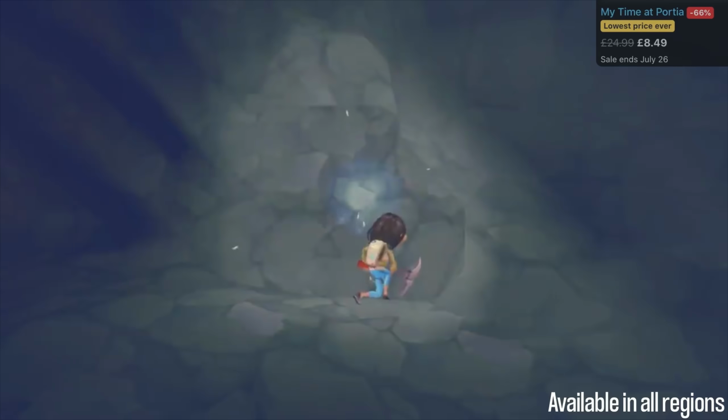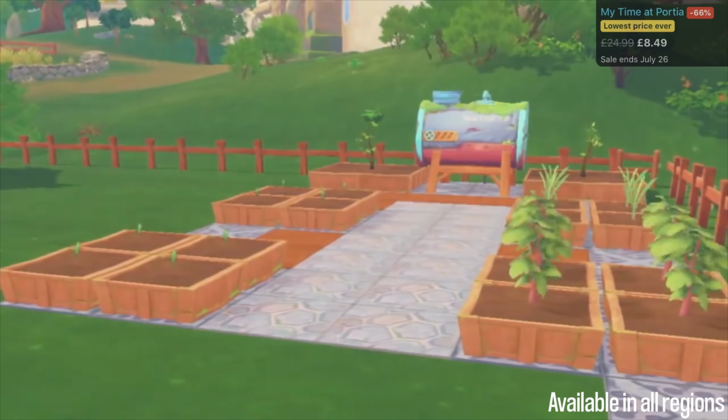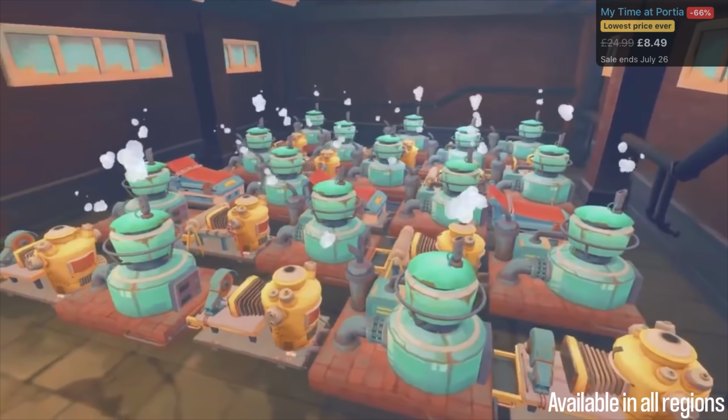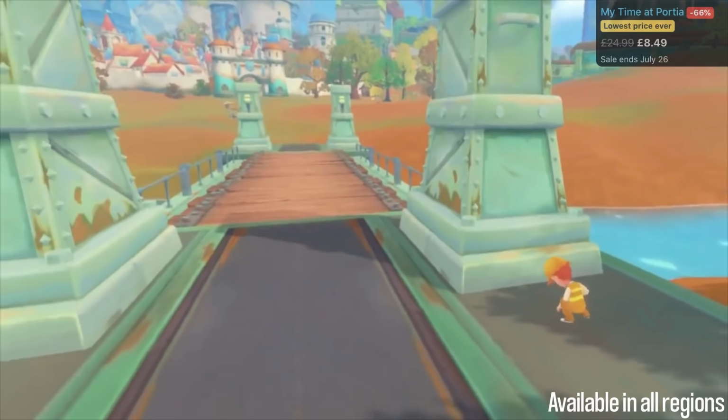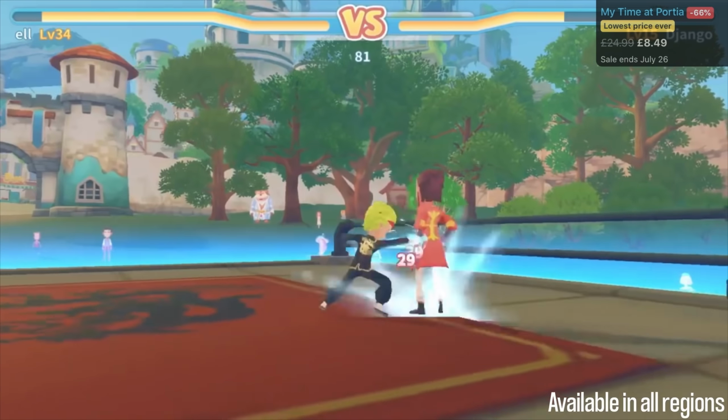I'll be covering this one again in our All Patched Up series on the next episode, so we can really go into detail about how it runs. But I would say at £8, 66% off and the lowest price ever, I don't think you're going to be disappointed. Now you create your character, yes, you get your little farmhouse, yes, you can gradually improve it, but